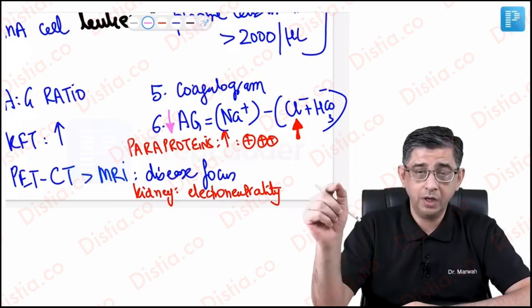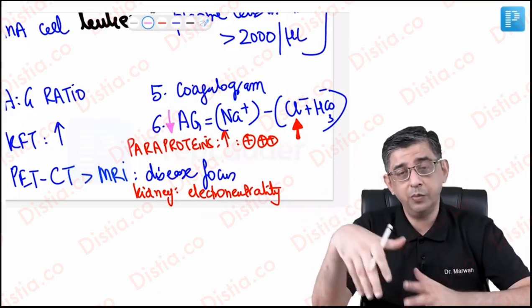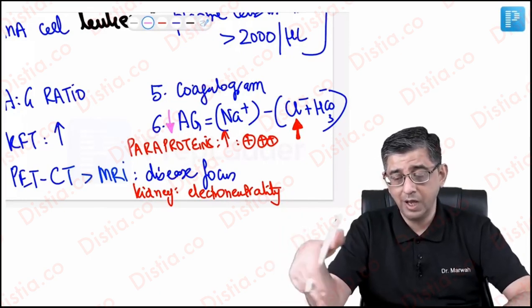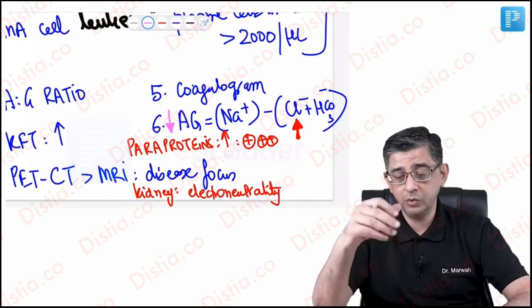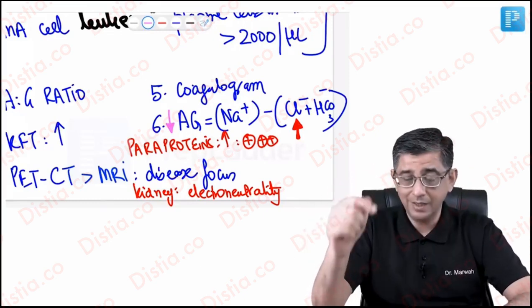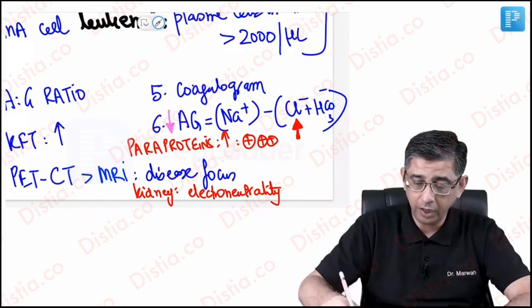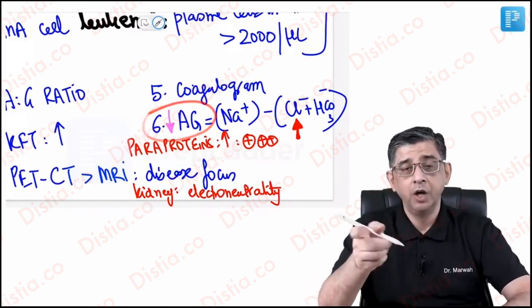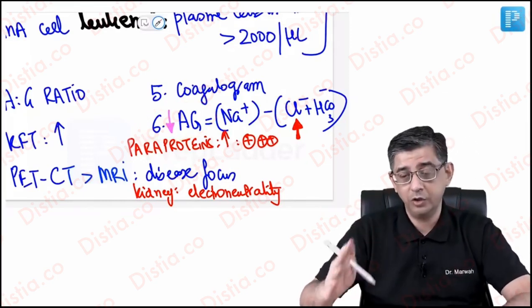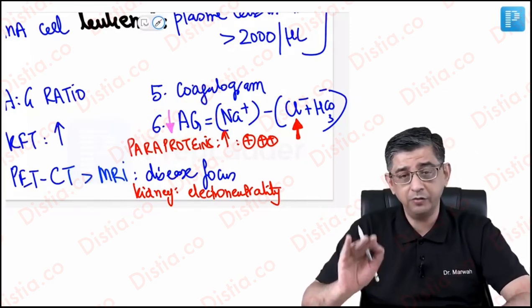A reduced anion gap. There is increased anion gap in diabetic ketoacidosis. It can be normal in renal tubular acidosis, but when it comes to a patient who's having multiple myeloma, the anion gap values will be lesser than normal. And this, again, I would rate as an important point over and above normal serum alkaline phosphatase and gross elevations of erythrocyte sedimentation rate for this patient.